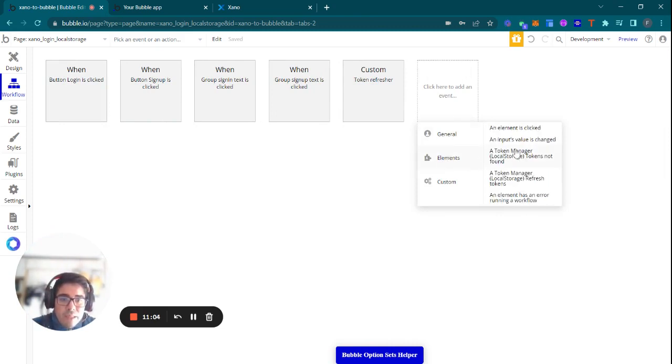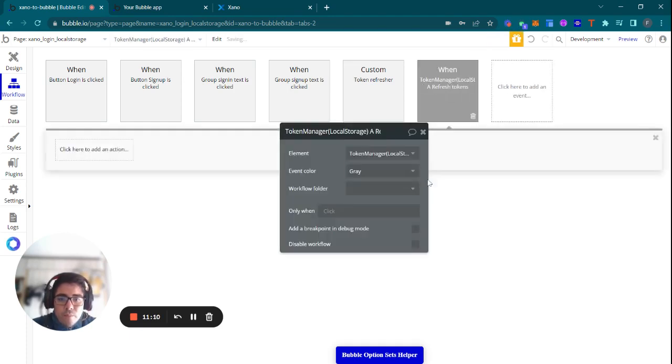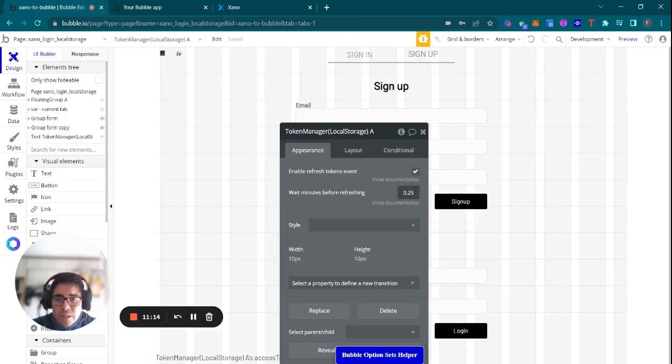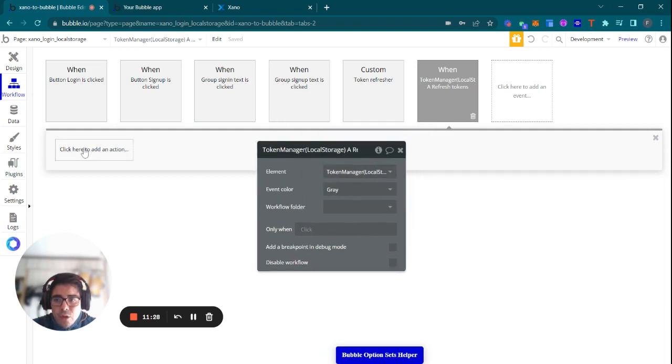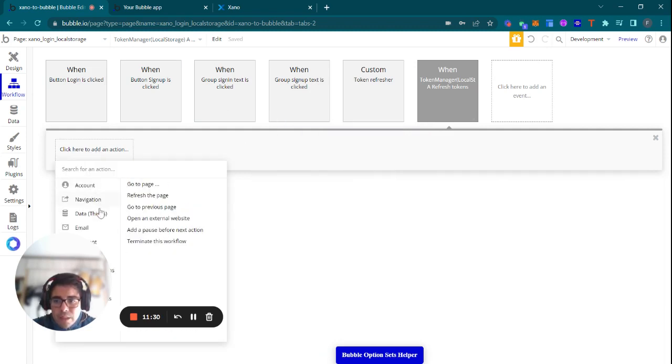We look for the event that's associated with the plugin, and we have to use this one, refresh tokens. So as I said, this will trigger every certain amount of minutes. In this field, we define the amount of minutes we want to wait. So as I have input 0.25, it will wait 15 seconds to make the next call. So what we are going to do is, let's see,